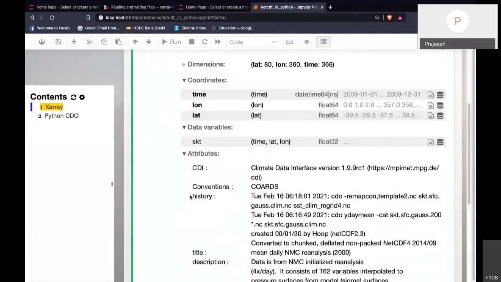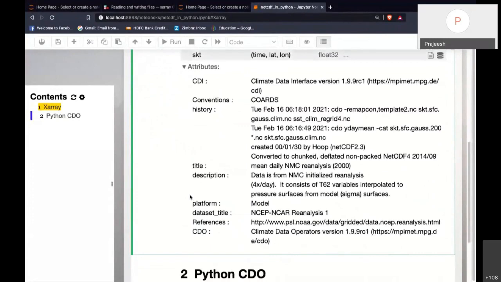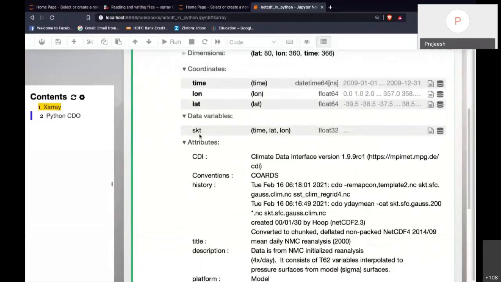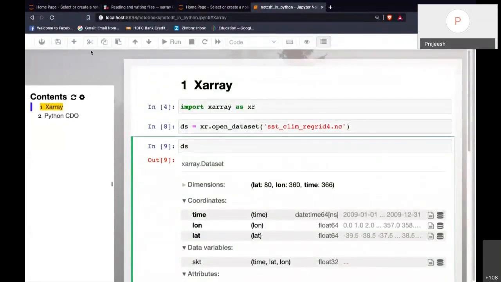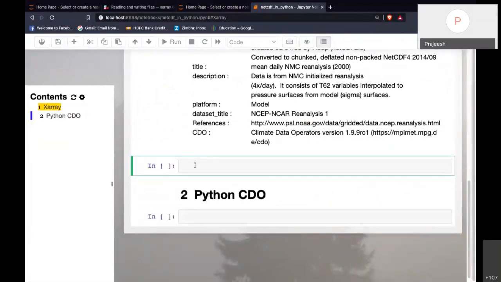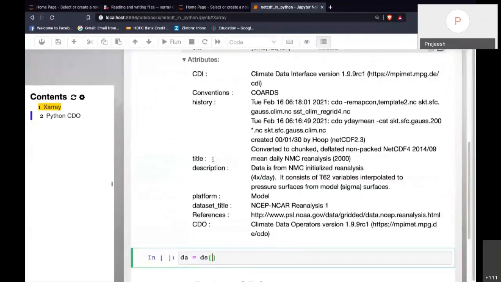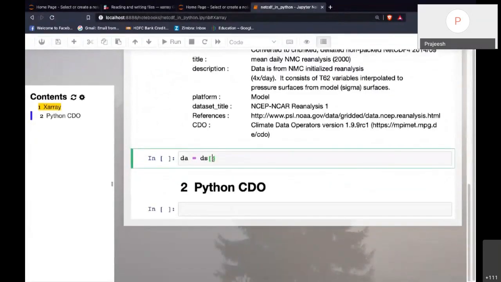Now if I want to access a data variable from this data set, I can just use ds, then the variable name.